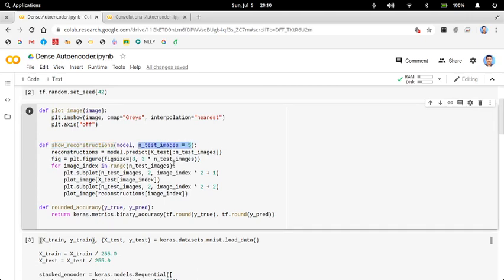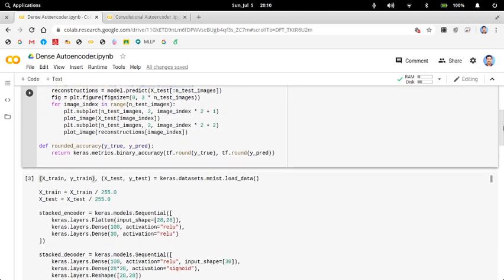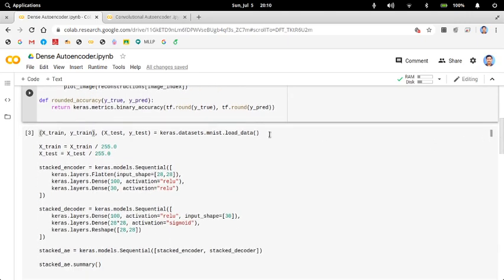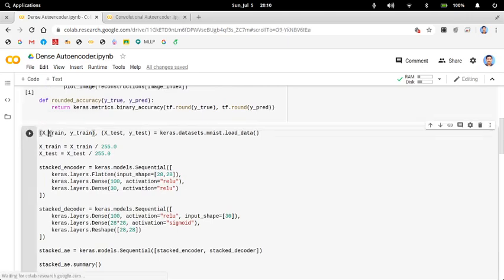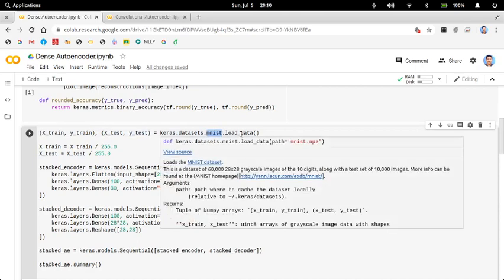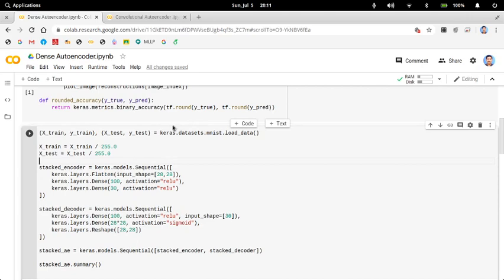Number of test images will be 5. Then rounded accuracy, etc. First we'll obtain xtrain, ytrain, xtest and ytest from keras.datasets.mnist.load_data. So from Keras you directly obtain xtrain, ytrain, xtest and ytest. You standardize xtrain and xtest by dividing it with 255.